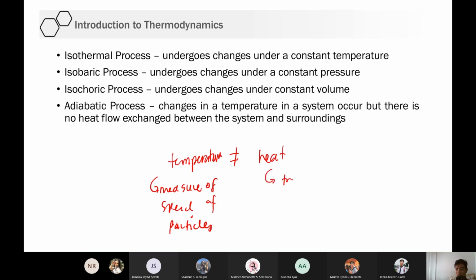This is the transferring of energy, heat energy of particles. Okay? So pwedeng ang particles natin super duper bilis pero hindi siya mag-flow from system to the surrounding. Example nun is yung nasa thermos sila. Okay? Ang bibilis ng particles mo. Pero yung energy nila hindi nata-transfer sa labas. So ibig sabihin, there is no heat flow. Mataas lang temperature niya pero walang heat flow. So ganun yung nangyayari sa thermos.